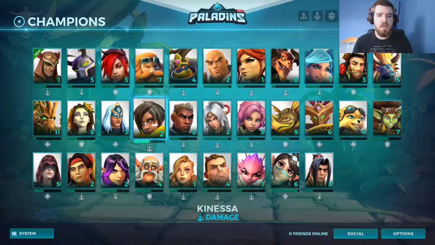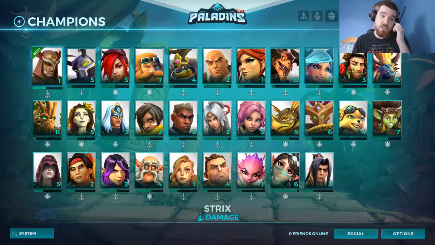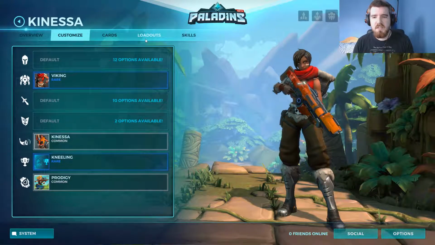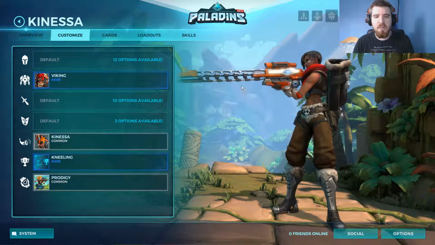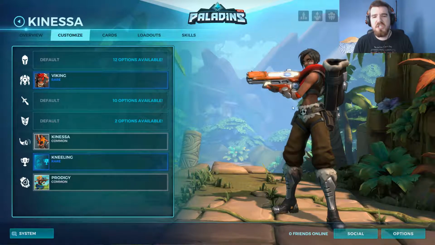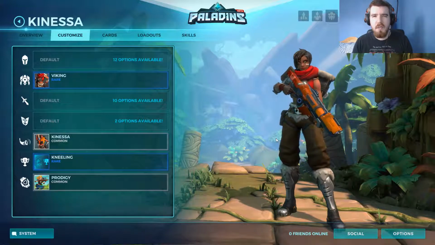Now, last week we took a look at Strix, the new sniper, and I said that we'd probably take a look at Kinessa next, considering I've not done a video on her. I've not really looked at her all that much in recent times, but she's the other rifle-based sniper, and as a result, with the scope and so on, she's got a kind of charge shot, kind of beam sniper, kind of Widowmaker-esque mechanic to her here,